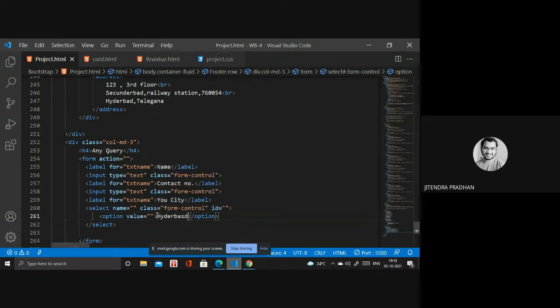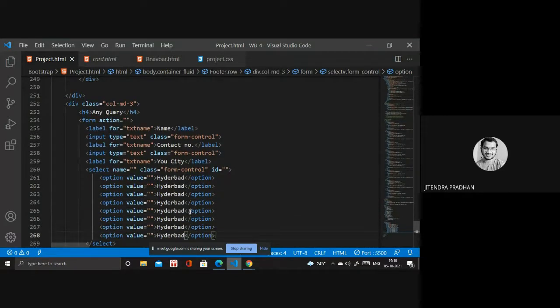Option like Hyderabad. Any of them if you need. Okay. So next is Mumbai, Bhubaneswar. Don't think about spelling mistakes, maybe there are spelling mistakes because it's 7:10, so you need to understand.